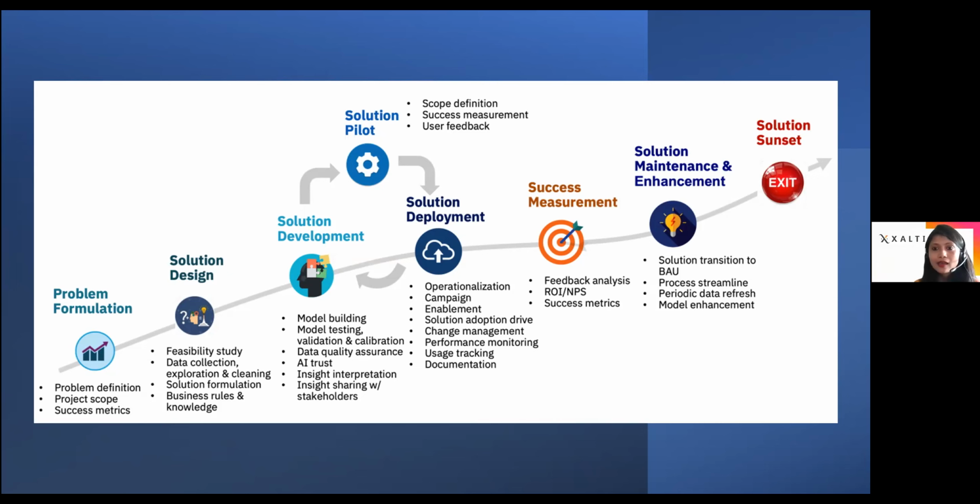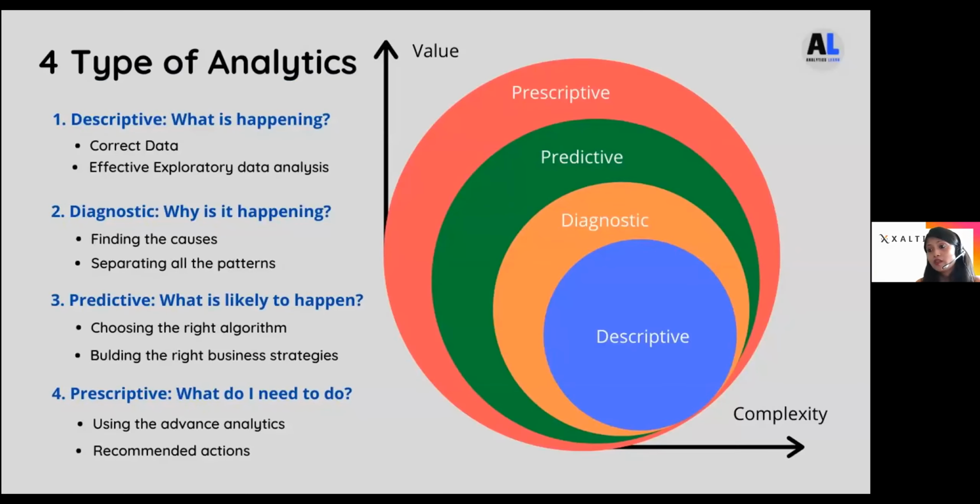Quickly reiterating the 4 types of analytics, which I mentioned on the maturity of analytics capability: descriptive, diagnostic, predictive, and prescriptive. You will notice that there is a diagram towards the right-hand side of my slide, which puts complexity on the x-axis of the diagram and value on the y-axis. If I have to explain this diagram, descriptive analytics is about trying to understand what is happening within the data, and descriptive analytics is less complex than the other types of analytics.